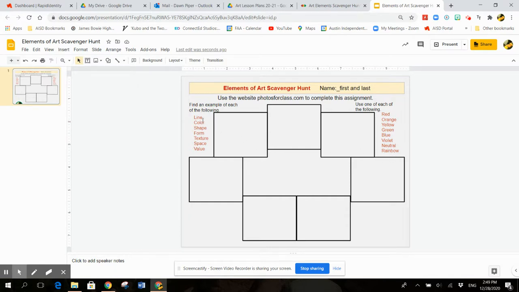Now you'll notice there are 7 elements: line, color, shape, form, texture, space, and value, but there are 8 of the colors to choose from. So you can leave out any one that you choose. I would prefer that you leave out